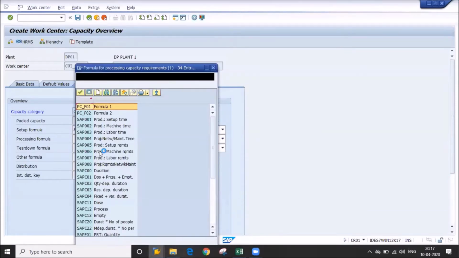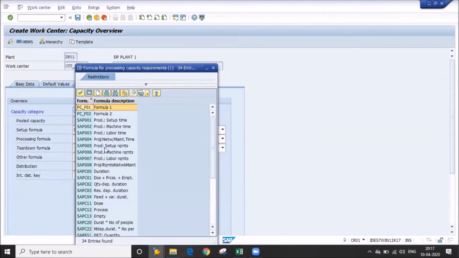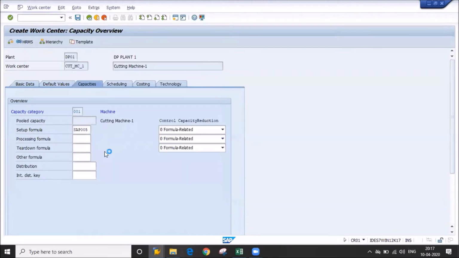So why it is called a formula? I will let you know. First you try to understand what we are giving. Okay. Suppose if you are giving this formula, so that is called work center formula.